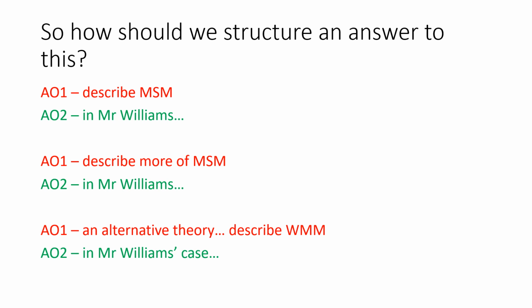As you can see, you do an AO1 describe part of the multi-store model, explaining what that looks like in Mr. Williams. Then your next paragraph will be more of the multi-store model, explaining what that looks like in Mr. Williams. And your third paragraph must be an alternative. In every discuss question, you have to present an alternative explanation. Sometimes they will give you a hint in the context of the alternative they're looking for. There wasn't much of a hint in this one, but given the fact that